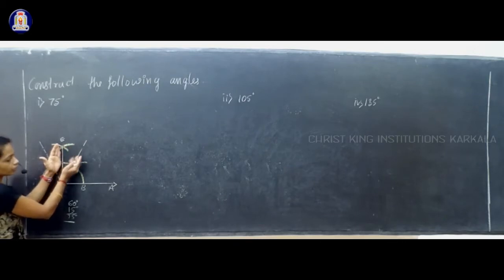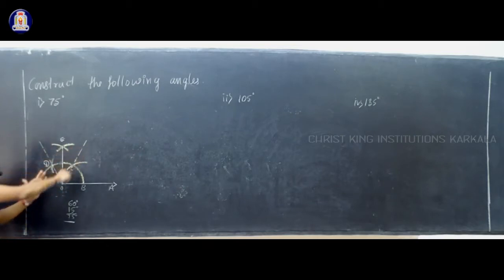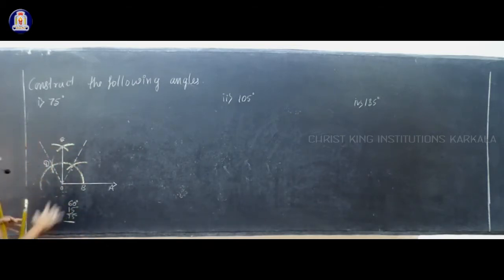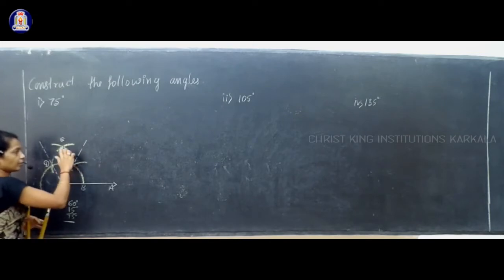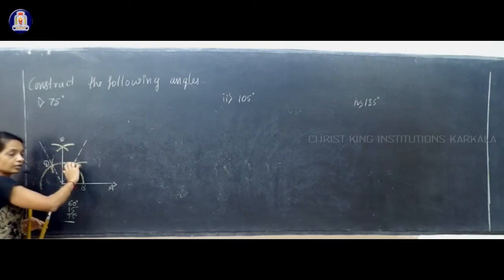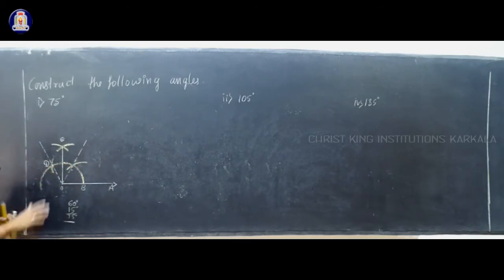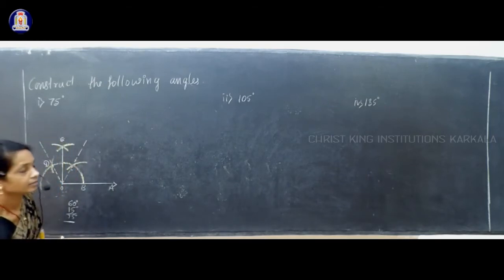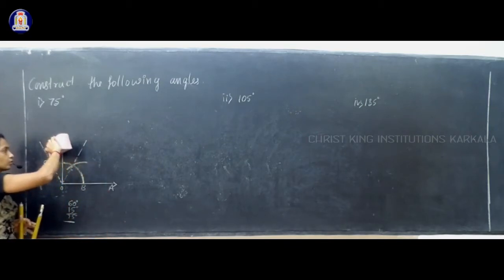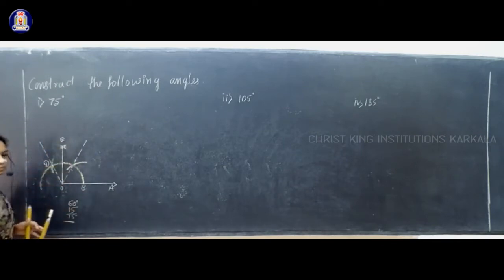The first 15 you have to attach with this 60 degree. So now you have to construct the angle bisector of this 30 degree. In between a 90 degree line and a 60 degree line, you have 30 degree. You have to construct the angle bisector of that. For that, I'll erase these extended arcs, because you should not confuse with the arcs.